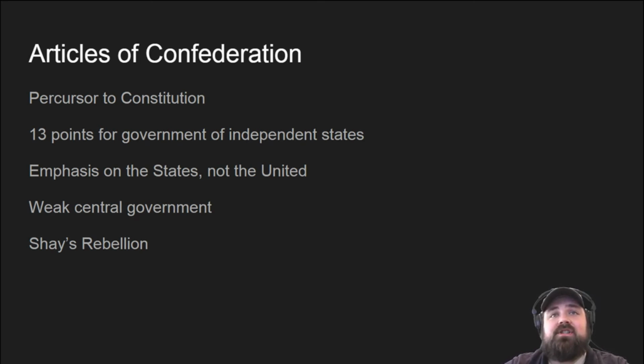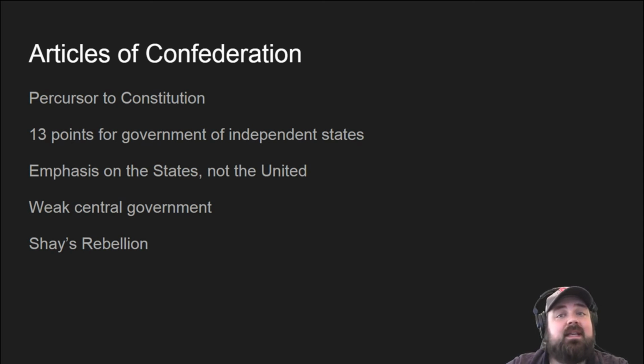So in response to Shays' rebellion and the weakness of the federal, well, it wasn't even a federal government at this point. It was just the central government of the United States. There was a crisis, so they rallied Congress together in an attempt to amend the Articles, like it says in Article 12. But along the way, they realized that it was just plain not workable to try to rework the Articles of Confederation. They were too broken. They needed something new.